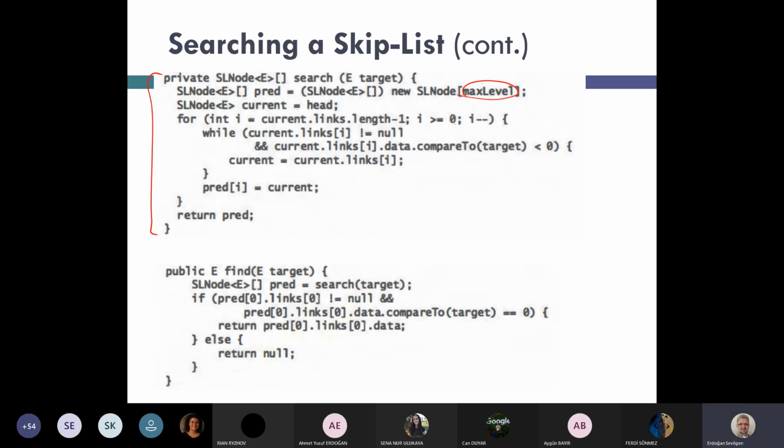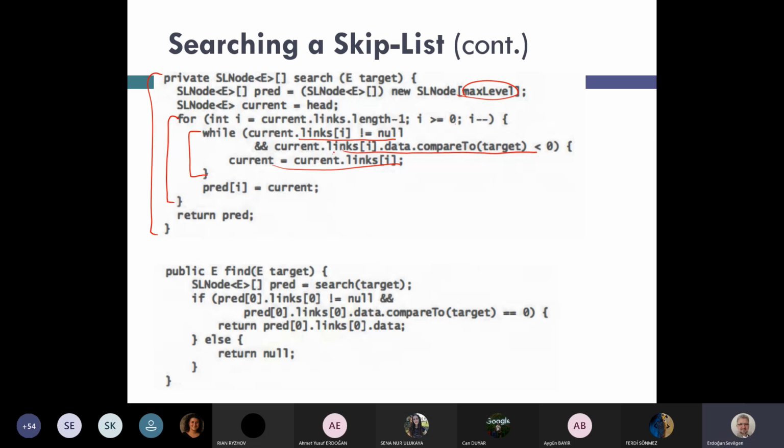So in this for loop, we go through all the linked lists, and for each linked list, we perform this while loop: while the link at level i is not null and while it is less than the target value, we update the current. So we go forward and forward